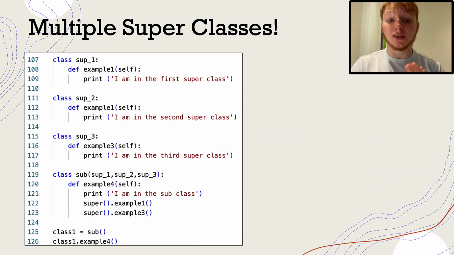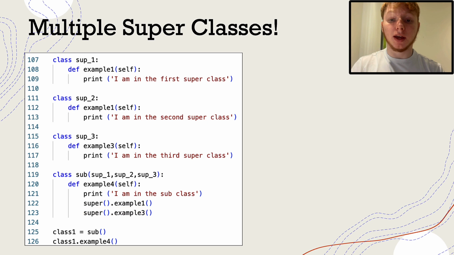So we have another similar example here with the addition of a super function. Since we are looking for the function example 4, it will scan through the subclass. Find the function example 4 in there, then it will run print I am in the subclass. Following from that, it shall run super example 1. It will then check the first superclass, sup1. It finds example 1 inside, so it runs I am in the first superclass. It will then run